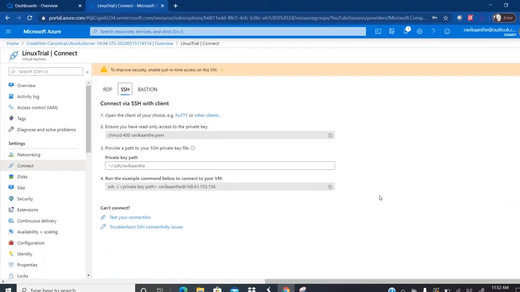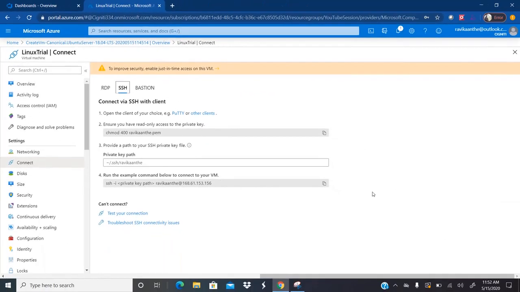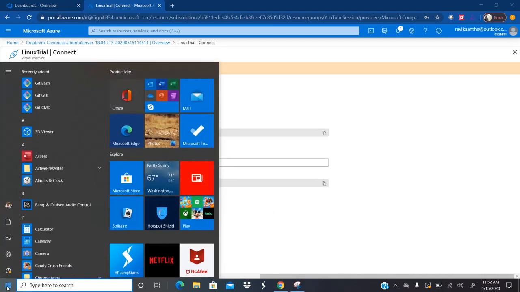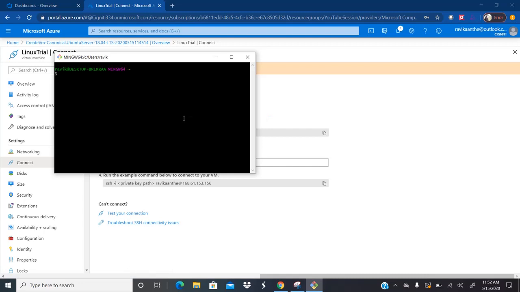To connect to a Linux machine or a cloud machine by using SSH, first you need to have either the latest Windows PowerShell or Git Bash. Right now I already have Git Bash on my system, and I'll be using it to connect to my virtual machine.